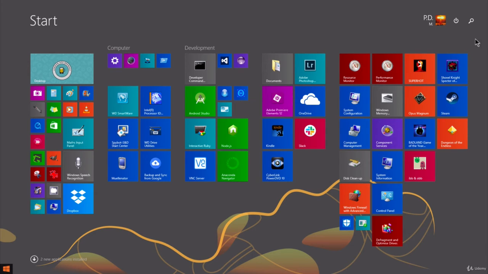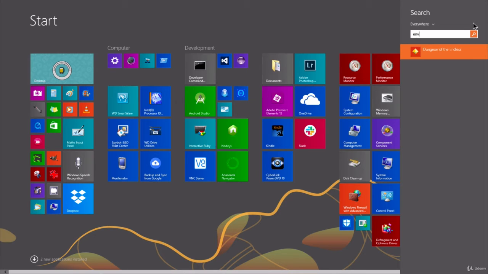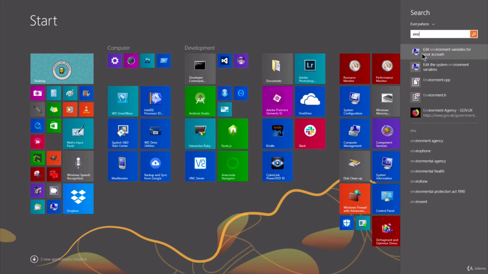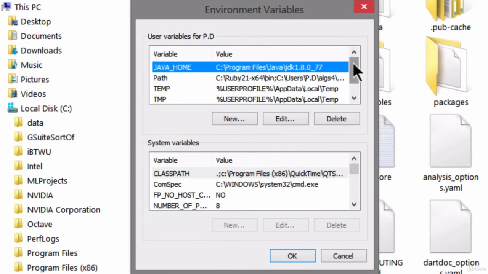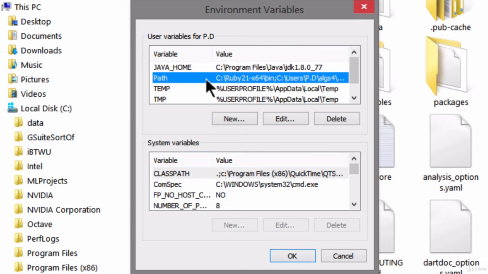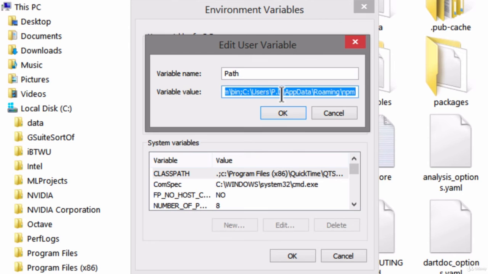So if you head into Start and you search for env, then you should see a link to edit environment variables for your account. So that's what we're going to click on. And over here, under the user variables, check to see if there's an entry called path. And I can see it right here. Once you've found it, go ahead and select it and click on Edit. And inside this variable value, navigate all the way to the end of what currently exists, and then you're going to add the full path to our